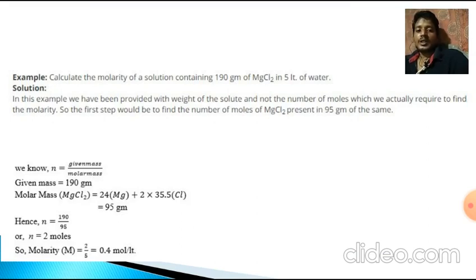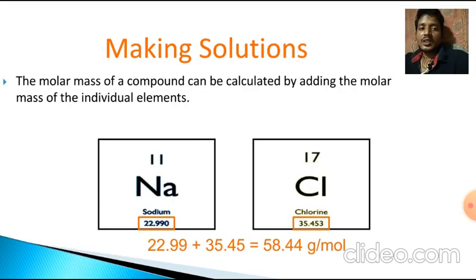This is an example: how many milliliters of 5 molar stock solution of NaCl are needed to prepare 100 ml of 0.4 molar solution? C1V1 equal to C2V2, C1 is equal to 5 molar, V1 you have to find out, and C2 is 0.4 molar and V2 is 100 ml that I have to make. So V1 comes out as 8 ml. You have to add 92 ml more water to make 100 ml of solution.